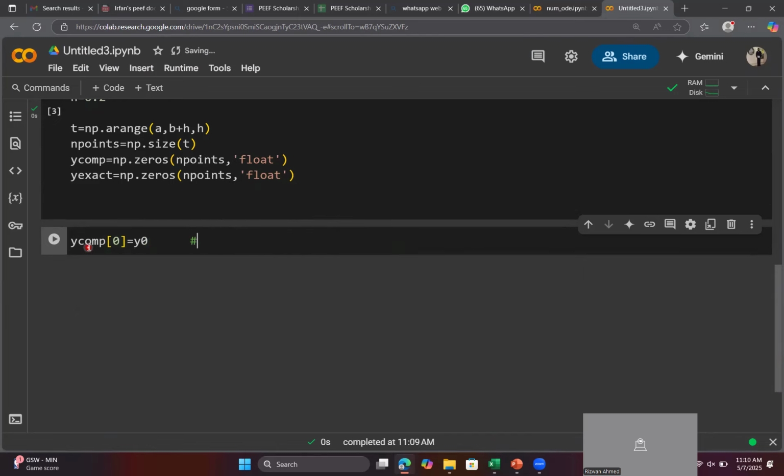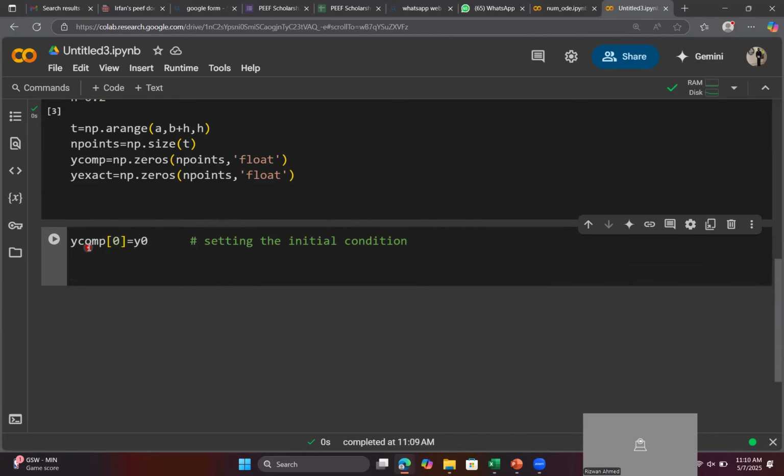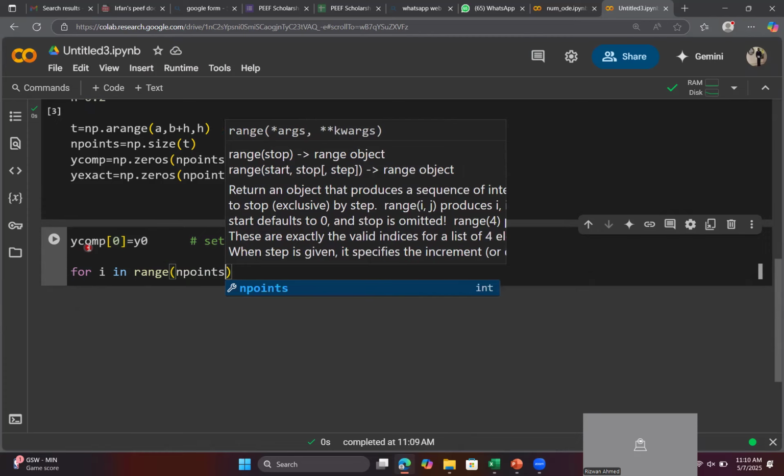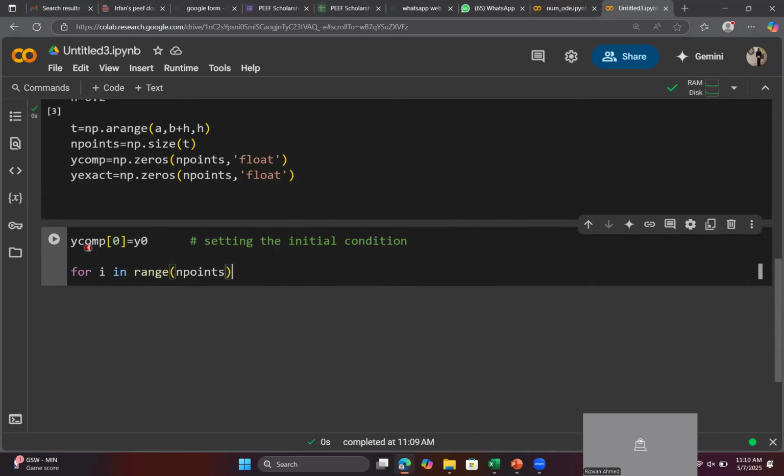So it is setting the initial condition. Okay, and now we are ready to move forward. So I write for I in range n points. I require n minus 1 calculations, right? Where every calculation starts with the